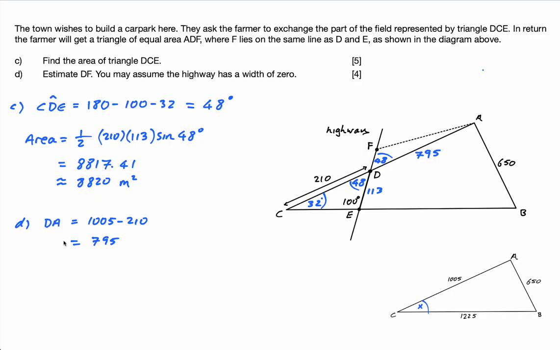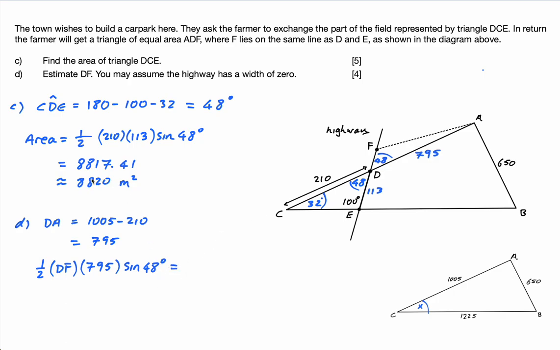So the area, which is a half DF times 795 times sine of 48 degrees, so that's a half AB sine C, is equal to